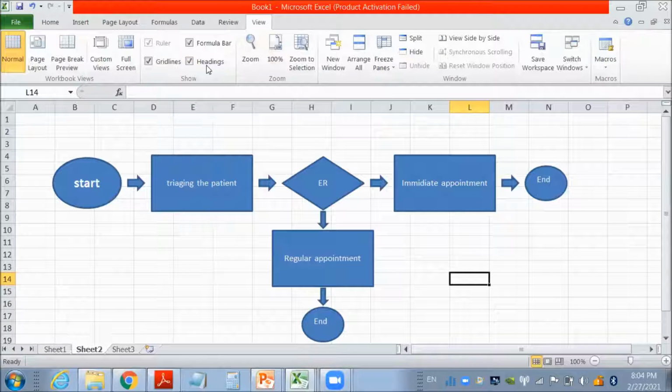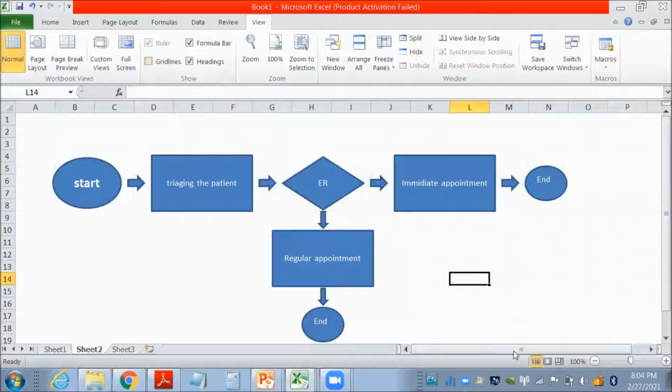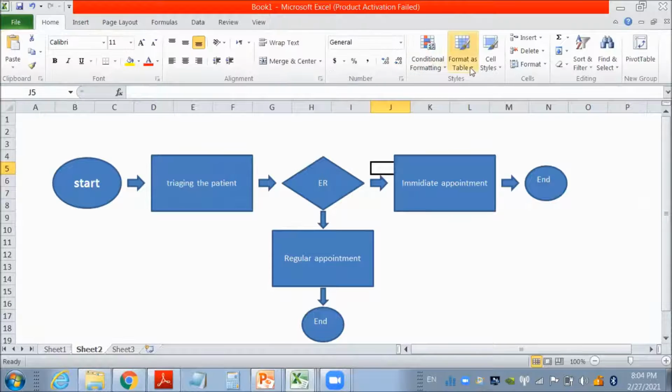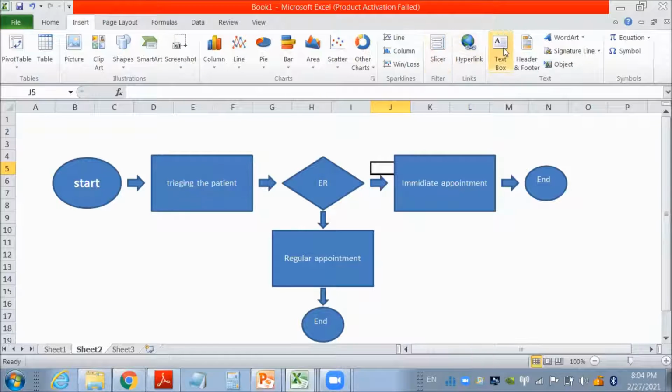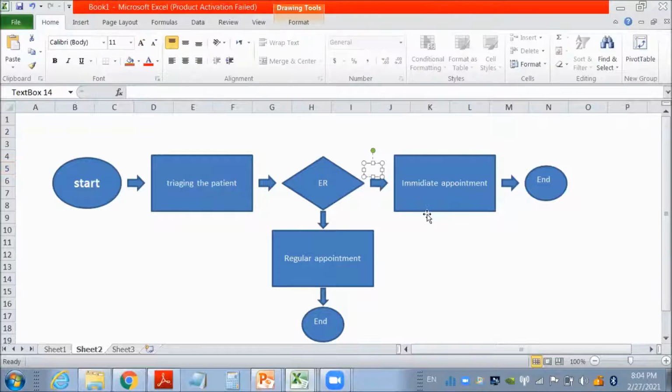If we remove the grid lines, you will see your process like this. Start to the end, every step in a rectangle. If there is a decision, it is in a diamond. If yes, in one shape. So we have to put here, insert text box, stated yes,